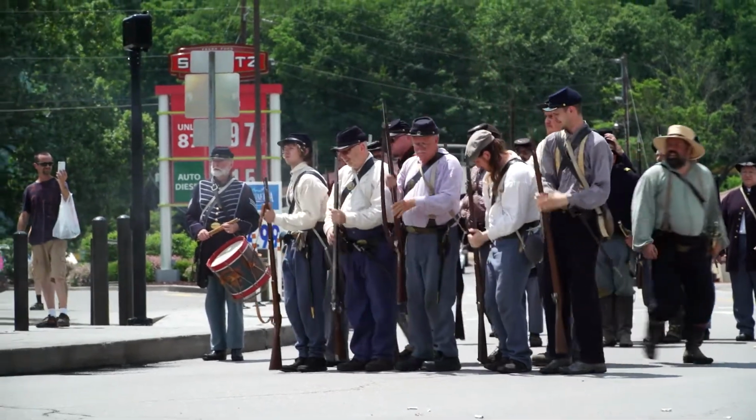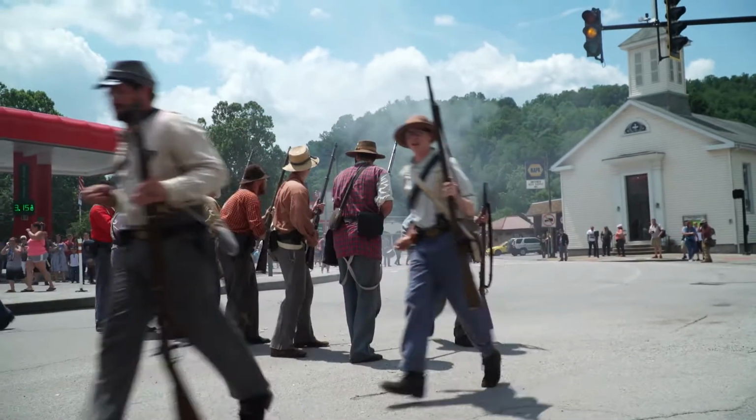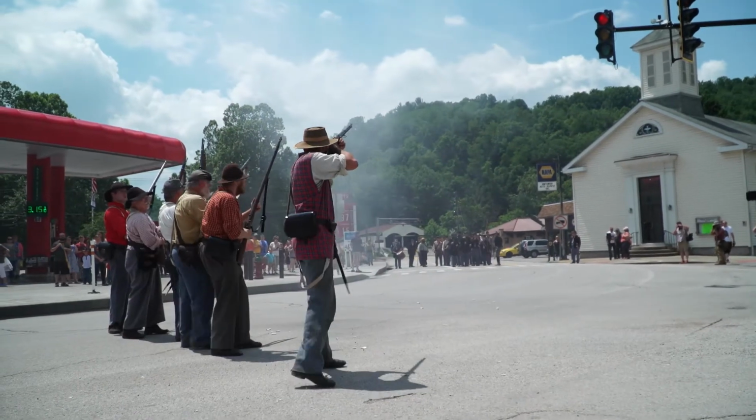And to make a very long story very short, even though they failed in their mission to capture the Confederates, they were able to drive the Confederates out of Philippi. It was called the Philippi Races. The Confederates escaped to the south, and then consequently, in the summer of 1861, there were a series of battles here in what is now northern West Virginia. The bottom line is that by the end of the summer of 1861, the Confederates lost control of this part of our state. Two years later, almost exactly two years later, June 20, 1863, after a long negotiation,